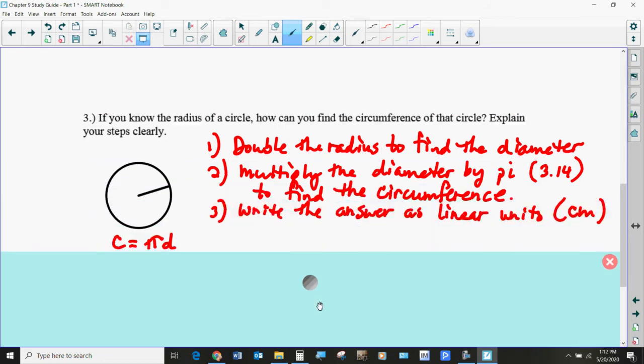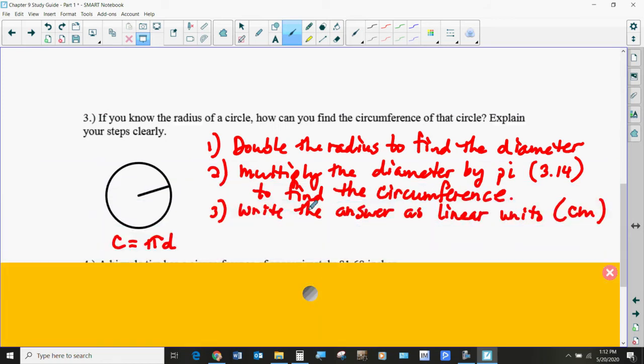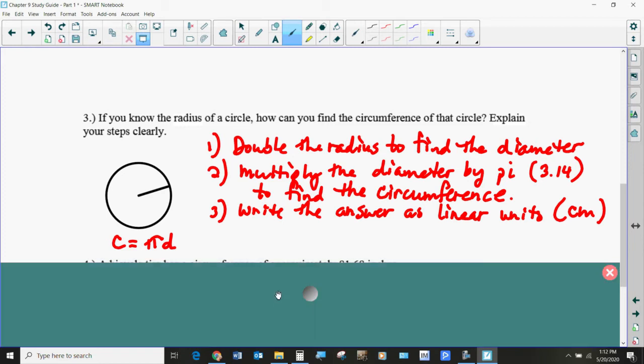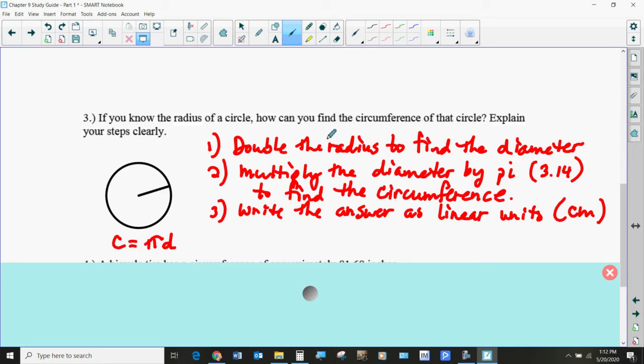If you know the radius of a circle, how do you find the circumference? All right, so now we're going to go in the other direction, since once again, we know that when you double the radius, that's going to give you the diameter, and you need to have the diameter in order to find the circumference, since you multiply the diameter times pi to give you the circumference. So you would double the radius to find the diameter, then you'd multiply that number times pi to find the circumference, and then of course you need to label it